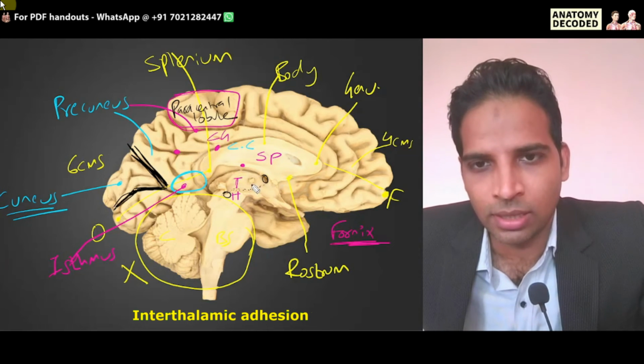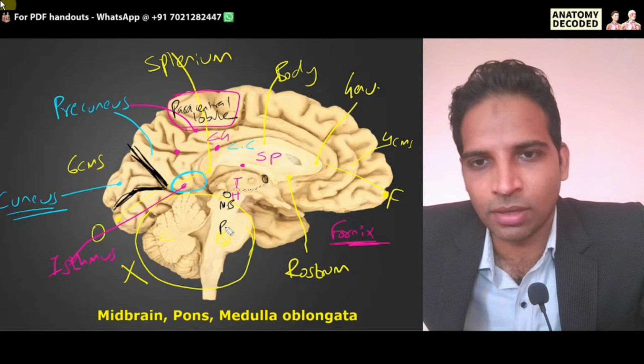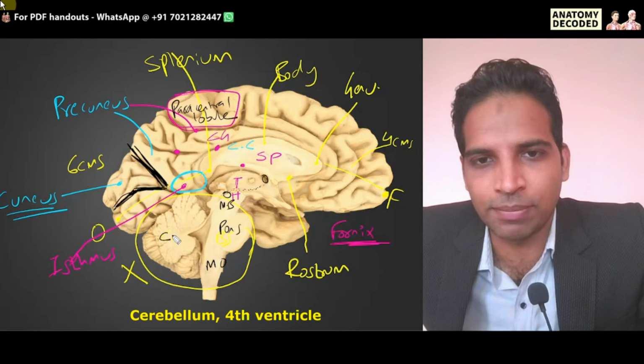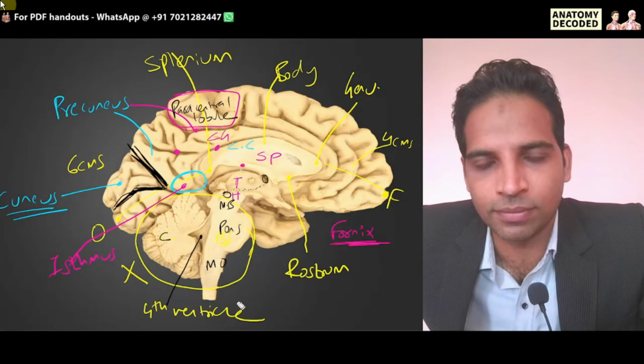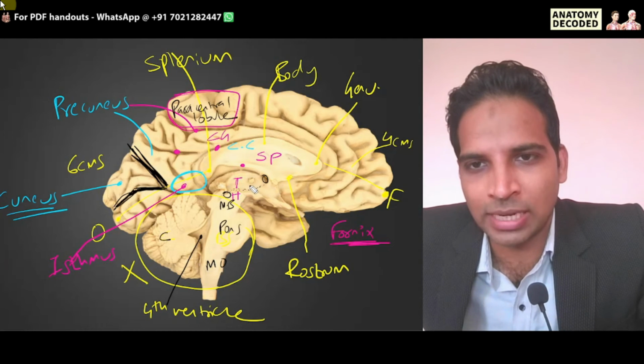The different parts of the brainstem are seen: midbrain, pons, medulla oblongata. This one is the cerebellum. And this cavity here is the fourth ventricle. Okay, that cavity is the fourth ventricle, and the cavity between the two thalamus and hypothalamus in this region is